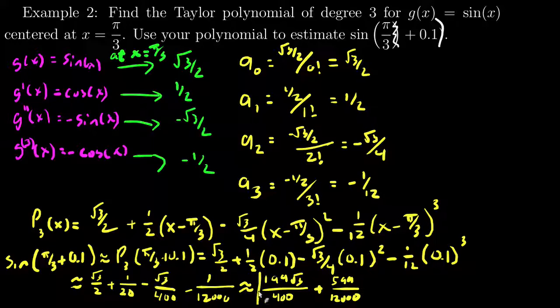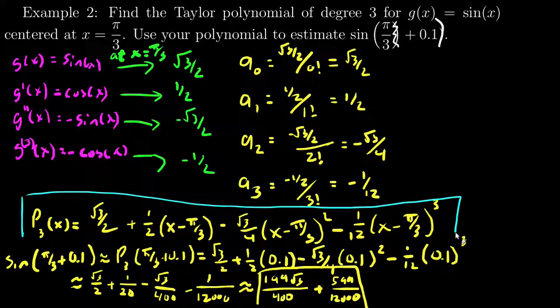Let me sort of box in. This is my final answer for the approximation, and this right here is my Taylor polynomial. So a little bit of a mess there, but you know, same steps. And let's see one that's a little bit more abstract, but well, actually before, let me show what this looks